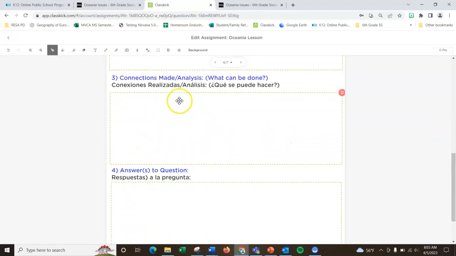Then here you're going to say what connections you made between Australia and this issue of pollution, maybe even connecting to broader, larger issues of pollution in our everyday lives, and what can be done about it. So you're going to put that here. The question that you answer here is what can be done about this issue, about plastic pollution in